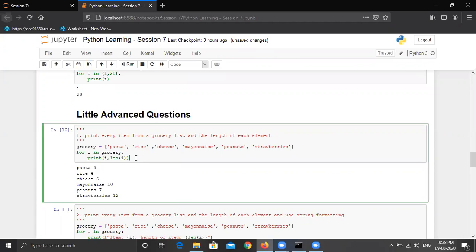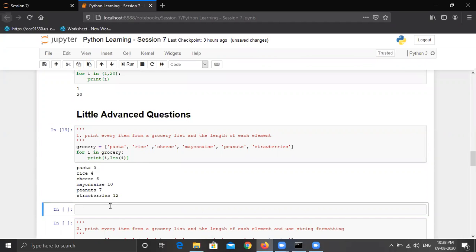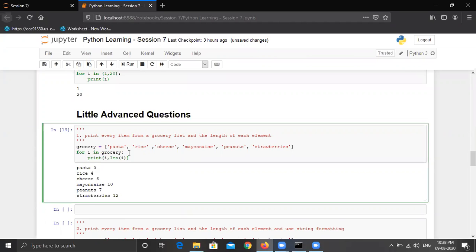Now one thing, can anyone tell me, do we still have the i variable in memory or not? Or was it erased from the memory once the loop is completed? Still there. And what would be the value of i?